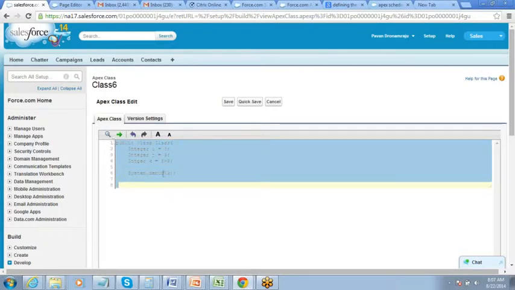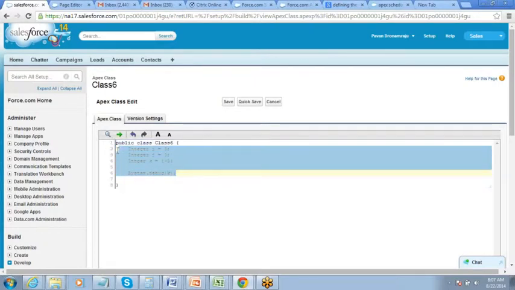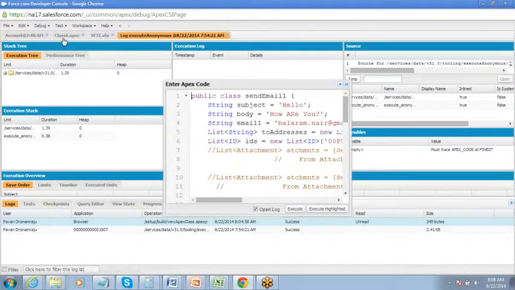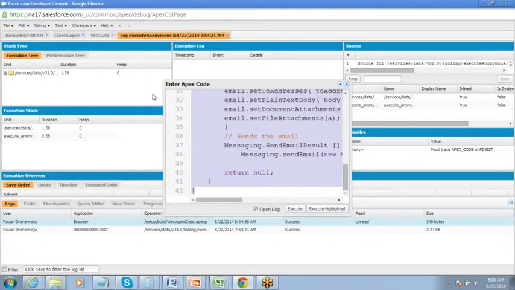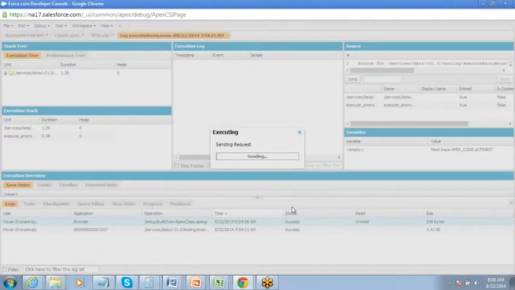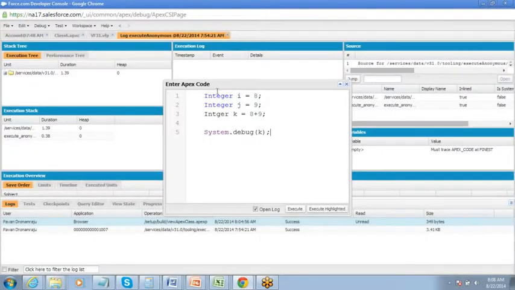So now let's take this, try to debug it. Debug, anonymous code block, execute, integer, that's good.